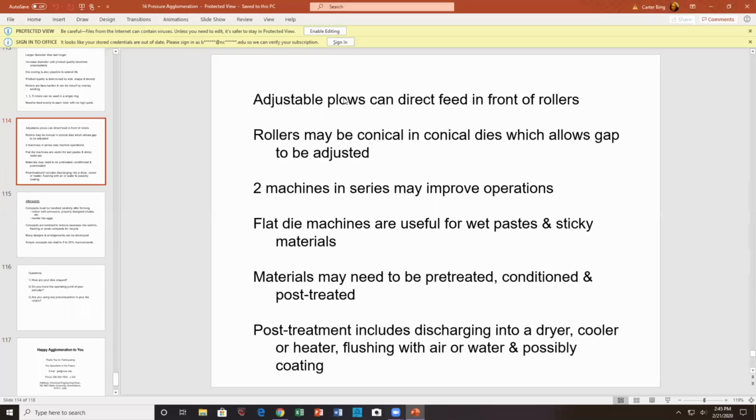Anyway, let's see, adjustable plows, of course. Good idea. Scrapers, good idea. Can direct feed the material in front of the rollers. Rollers may be conical. Oh, there you go. For conical dies, there you go. Allows gaps to be adjusted. What that means is